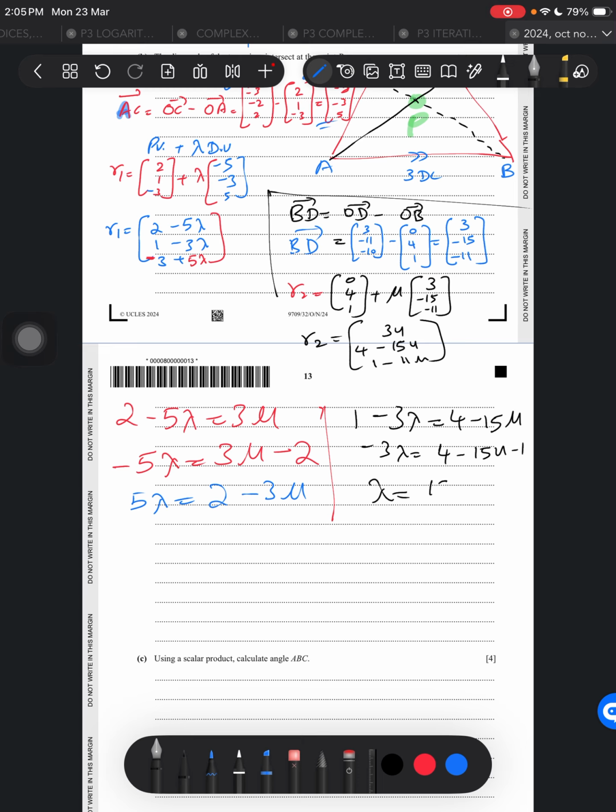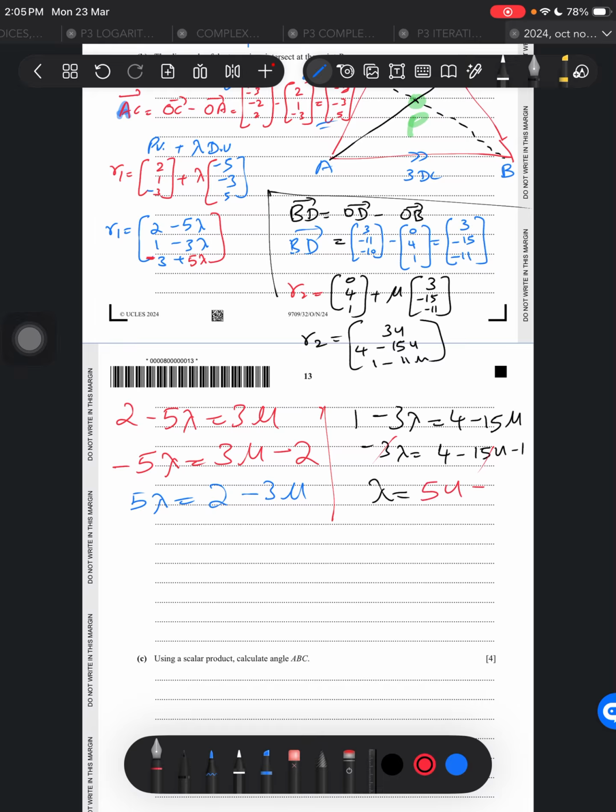So 15 mu minus, like, first of all dividing the whole side by 3. So this 3 can cancel this 15, and that would be 3 also to cancel this. So you'll be just having 5 mu